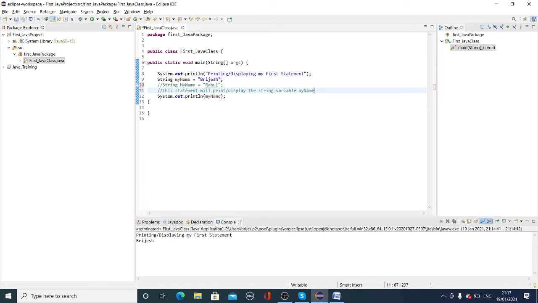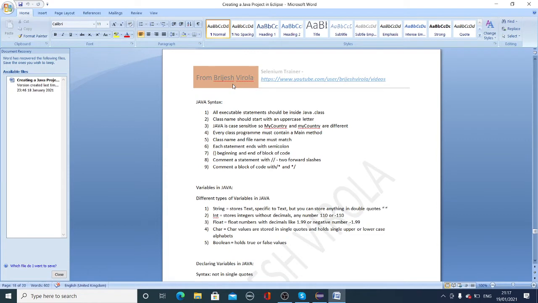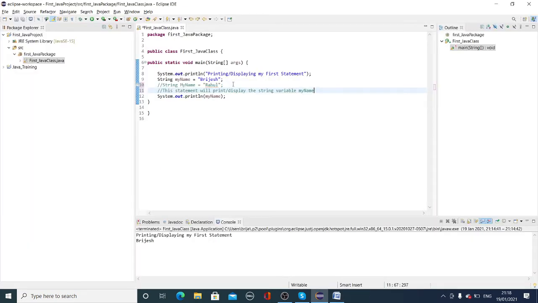put some notes about what this code will do, so that other users, whenever they come in future, they can understand. Then you need to comment them, and you can comment with 2 forward slashes. Next one is commenting a block of code with forward slash star and star and forward slash. So for example, I have commented these 2 lines, but with both the 2 lines I put double forward slashes.